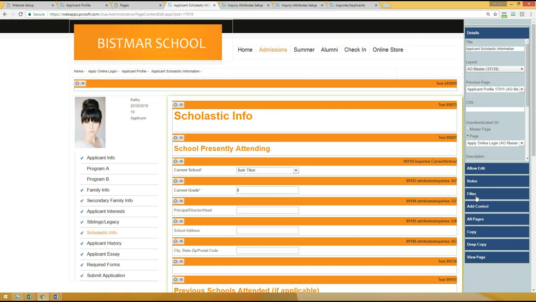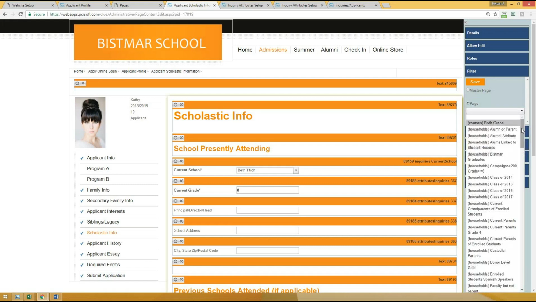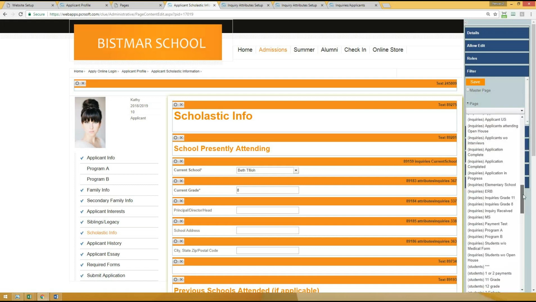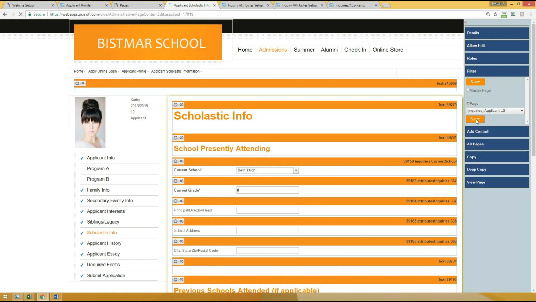So I click Filter here. And then here it says Page, and I click the drop down and I find my inquiries-based filters. And then here I can select Applicant LS. And then let's say I go to the Applicant Info page,